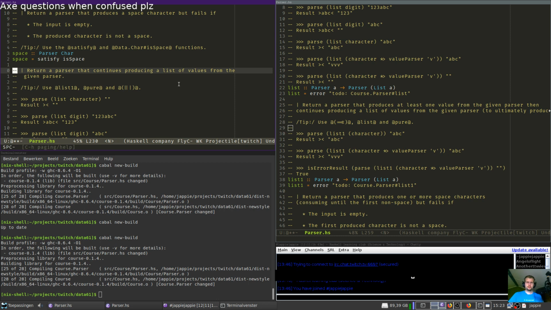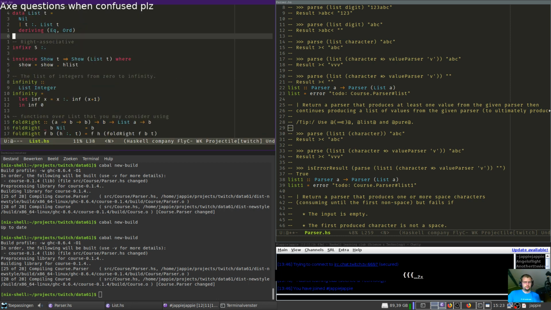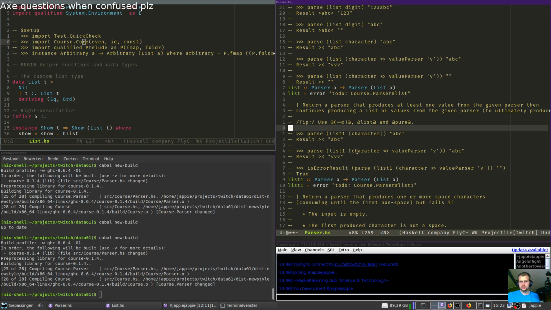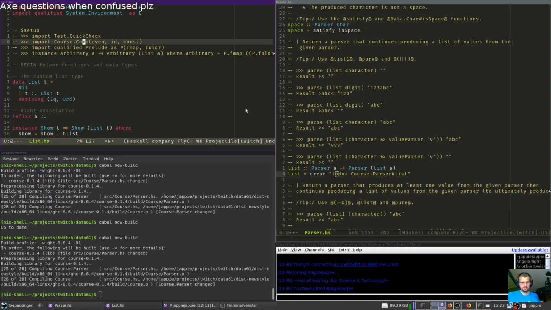What's a list then? This thing. I like how they set up import Test.QuickCheck. Just start out learning Haskell with QuickCheck. It'll be easy. Or maybe for them.